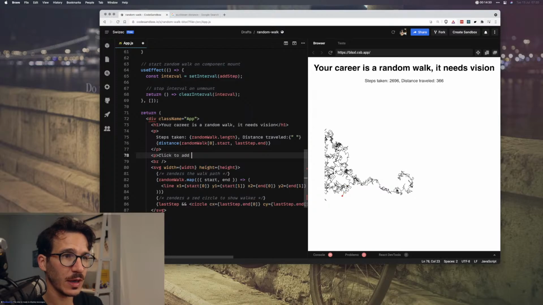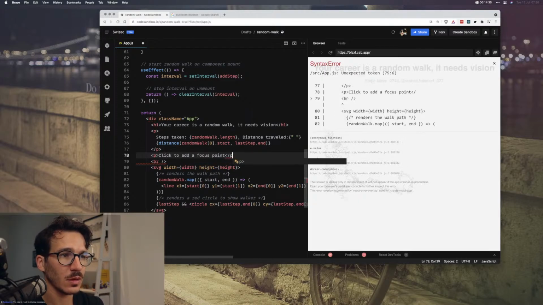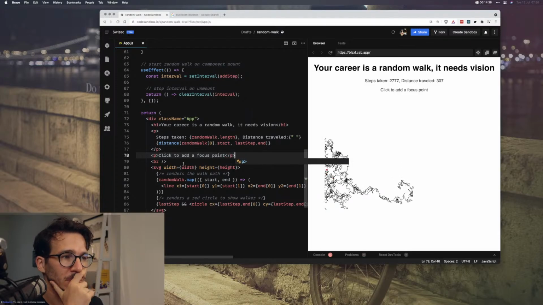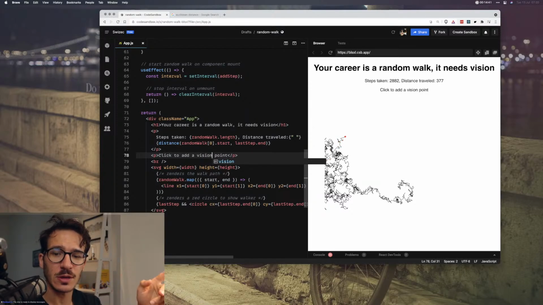Click to add a vision. So when you click on something, that's going to add bias towards that direction for the random function.